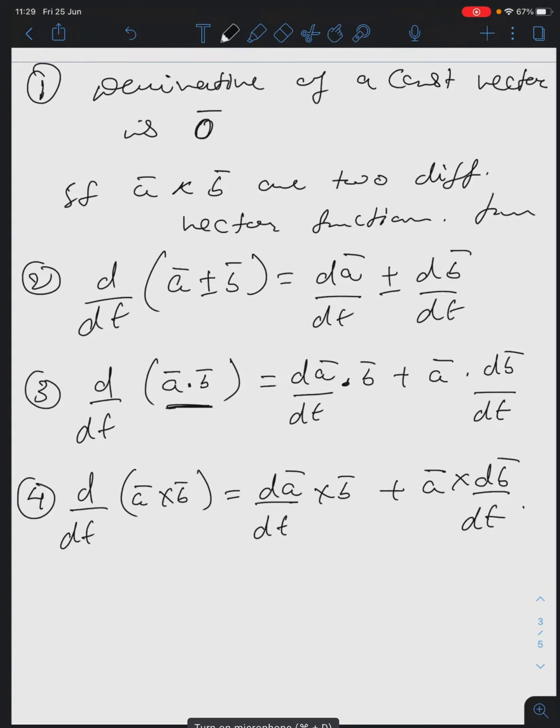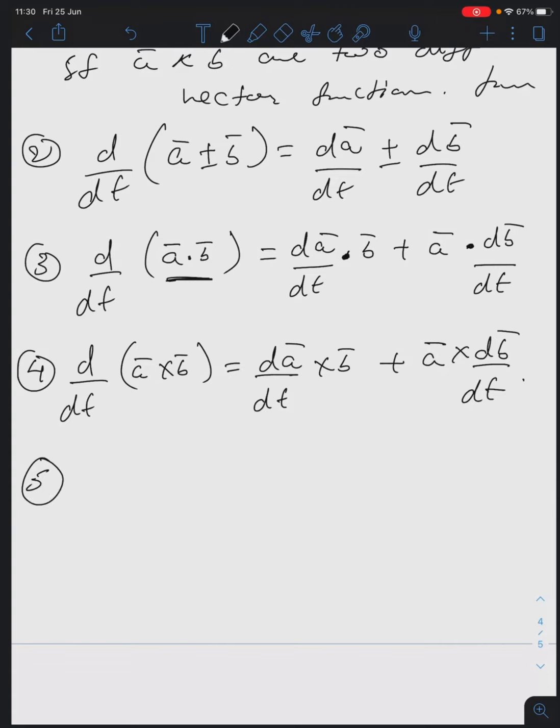So according to this one also, dA bar by dt will be some result. Again, you are taking a dot. These are not just multiplication. These are the dot products between these two. So if you take again dot product and add them, what's the result? Again a scalar function only you will get. Now what is the result for A bar cross B bar? Is it a scalar or a vector? A vector. So if you differentiate a vector function, the result will be also a vector function only.